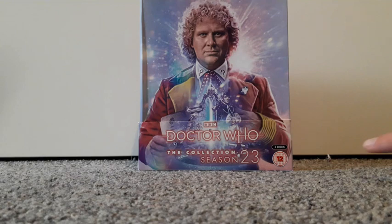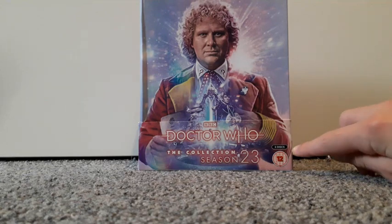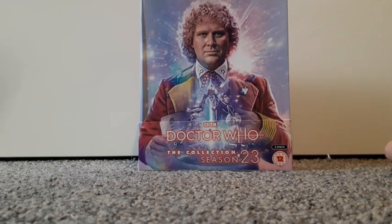The sleeve reads Doctor Who logo and then the collection season, and then it tells you what season it is, the amount of discs, and the age rating. On the side, it shows the cover art. It also says Doctor Who the Collection, the season, age rating, BBC. On the back,